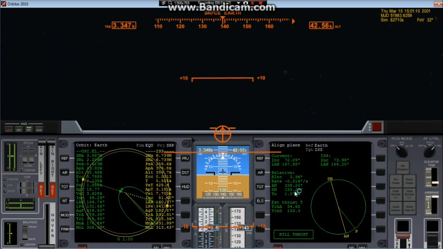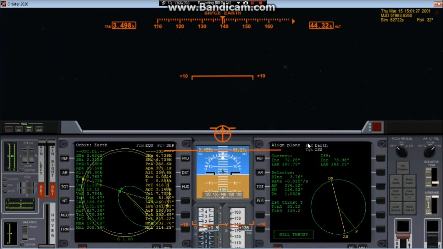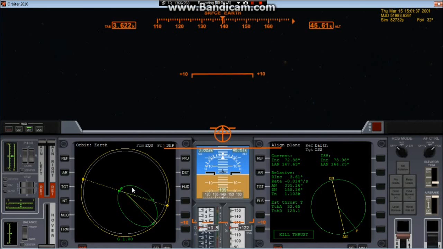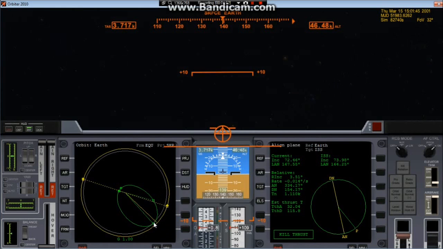Okay, we now have less than 4 degrees of relative inclination. Now our small orbit, the green line here, is starting to form around this big one here, which is the yellow one with the ISS. And what we're going to do is try and get ours to meet its somewhere along here,